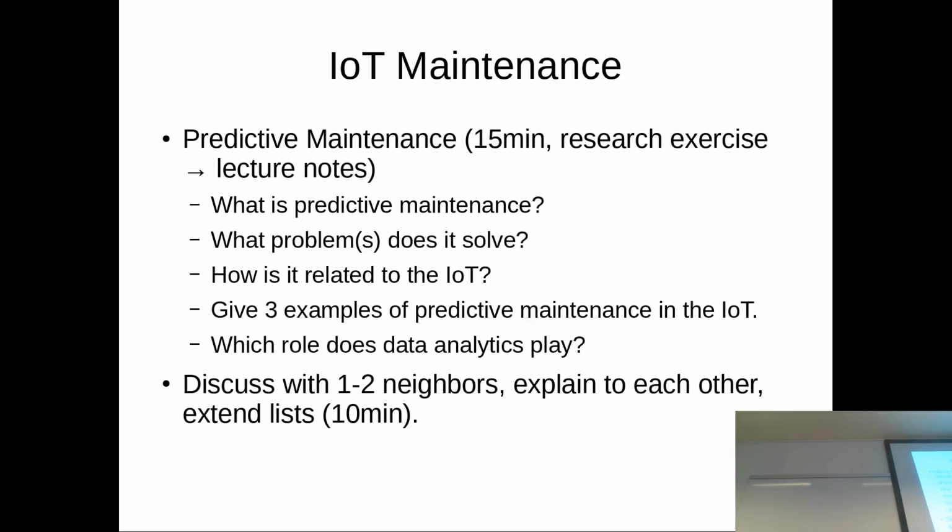So there you need filter techniques. You have to probably look at frequencies, maybe do a Fourier transformation, or actually use machine learning to see if you can spot anomalies in there. So that's actually a really big and really profitable application space of the Internet of Things, which has a strong focus on big data. And I think, if I remember correctly, in the mining example, the guy yesterday, Alexandre, was actually saying,